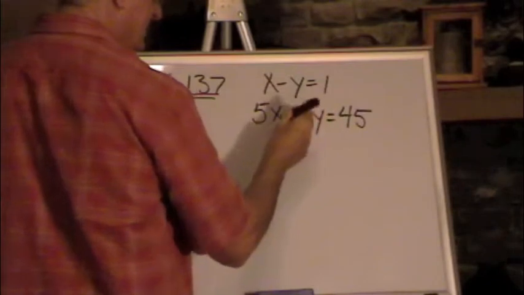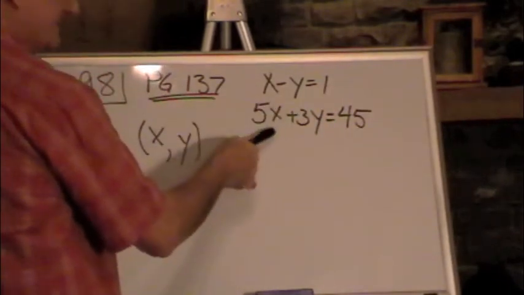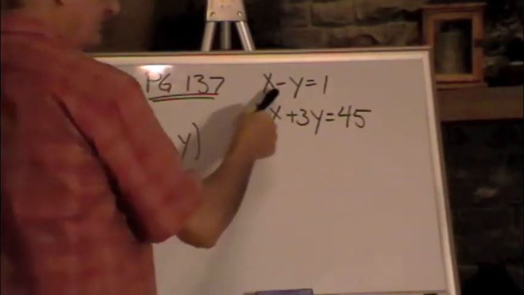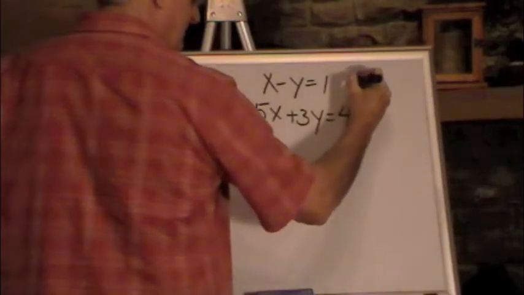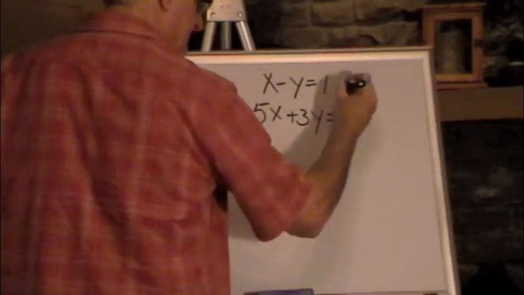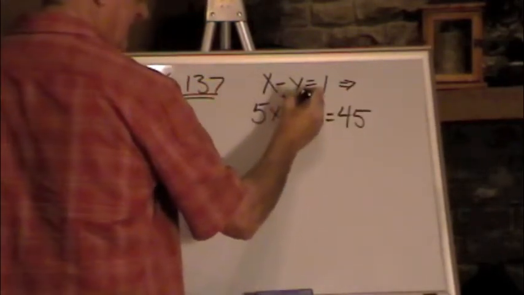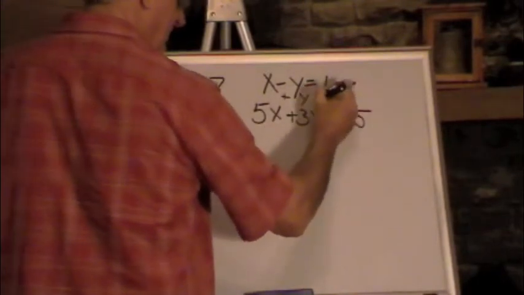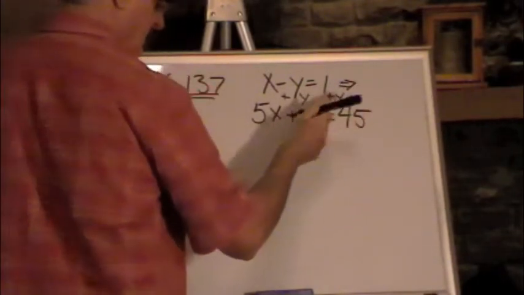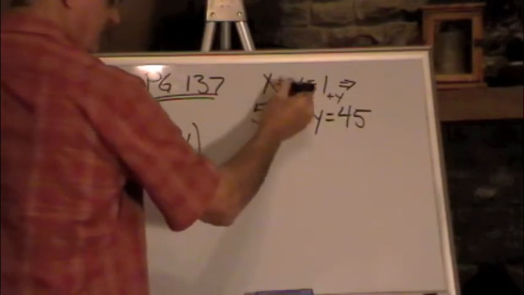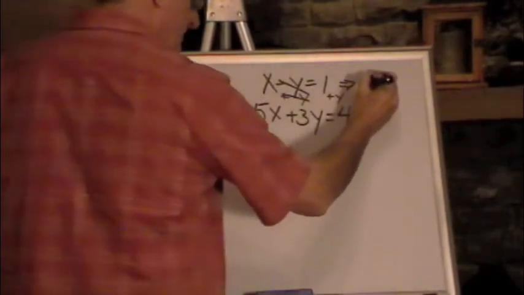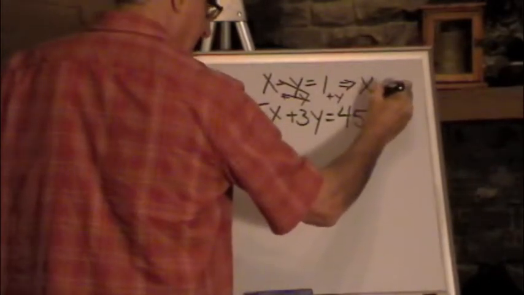So how do I get x? They want to find a value to substitute. What you do here is add y to each side. Y goes away. So x equals